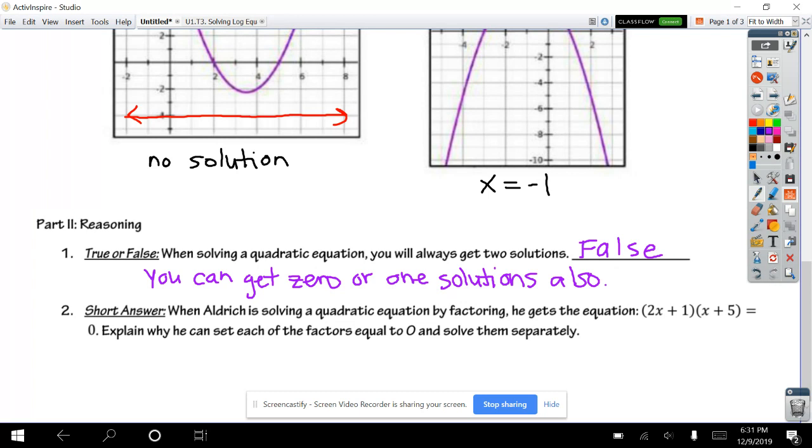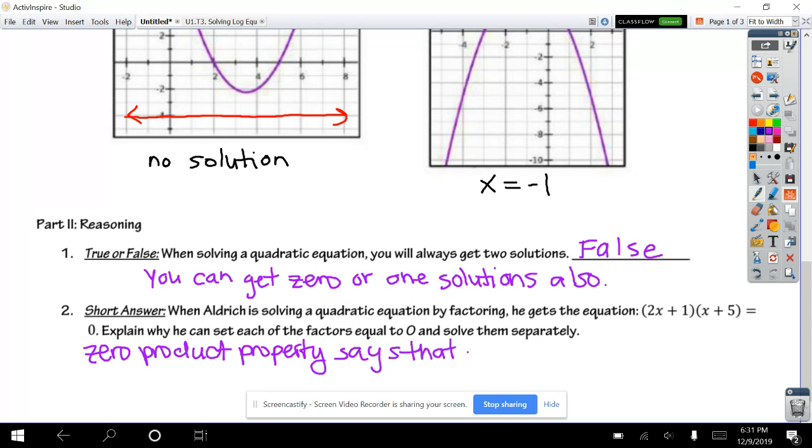Number 2, when Aldrich is solving a quadratic equation by factoring, he gets the equation 2x plus 1 times x plus 5 equals 0. Explain why he can set each of the factors equal to 0 and solve them separately. Well, the reason is, if you remember in our notes, we talked about the zero product property. So the zero product property, you need to be able to explain what that is in your own words. So the way I'm going to explain it is the zero product property says that